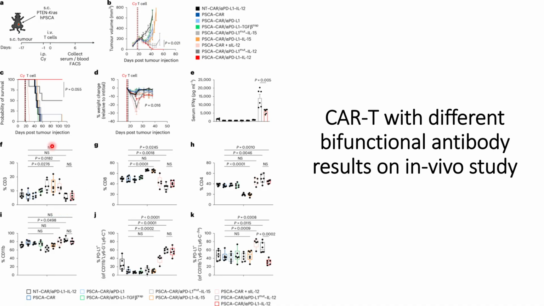There is not much useful information that one can get from the percentage CD3 observations, but for the percentage CD8 plus observations, they are able to see more CD8 plus cells when they use IL-15. However, it does not convert those increased CD8 plus cells into reductions in the tumor volume. That can be seen in panel B, and the high CD8 percentage can be seen in panel